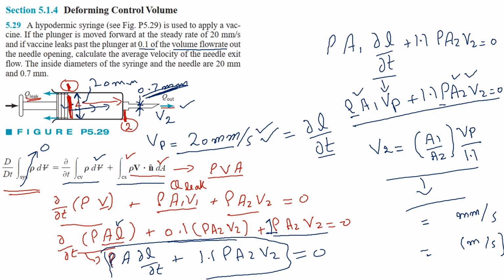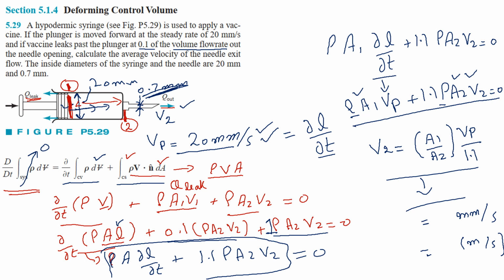And then we took some scenarios in which our control volume was fixed and not deforming, and we solved a problem and an example for that, and then we did a problem and an example of the scenario in which our control volume was moving but it was not deforming. We did a jet example in which we took a jet engine and then we estimated something for the radiator of the car, and then at the end we did a deforming control volume problem in which the control volume